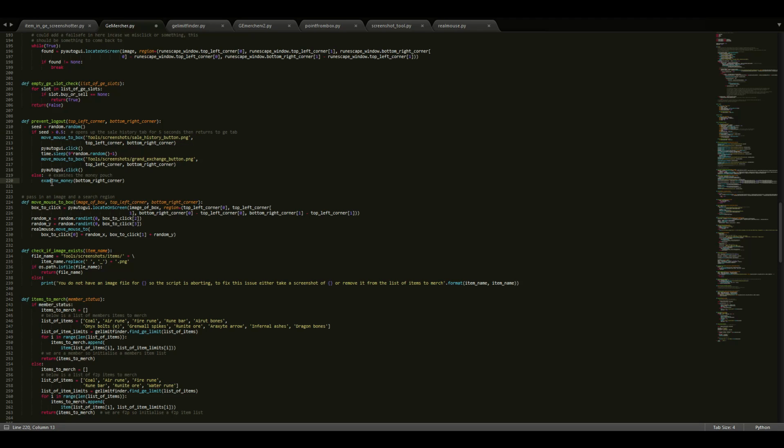This one right here: if the seed is less than 0.5, then it'll examine the money pouch again, similar to how it did when it initialized the bot, as I showed yesterday, where it clicks the examine pouch, examine the money pouch button. Now, move mouse to box. You're taking the image of a box, taking the top left corner and top right corner. I can't remember why I use